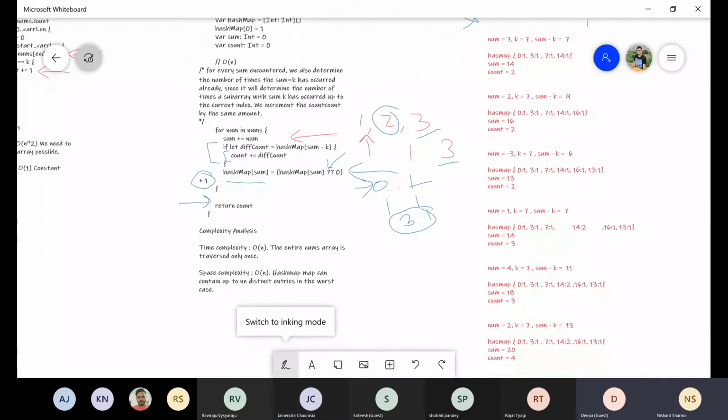Yeah. With this solution, we are able to reduce the time complexity from order of n cube to order of n. But we need to optimize the time complexity. That's why we have to increase the space complexity for this optimization. But overall, we are successfully able to optimize from order of n cube to order of n, and the space complexity changes from order of 1 to order of n. That is perfectly okay when we are talking about time complexity.